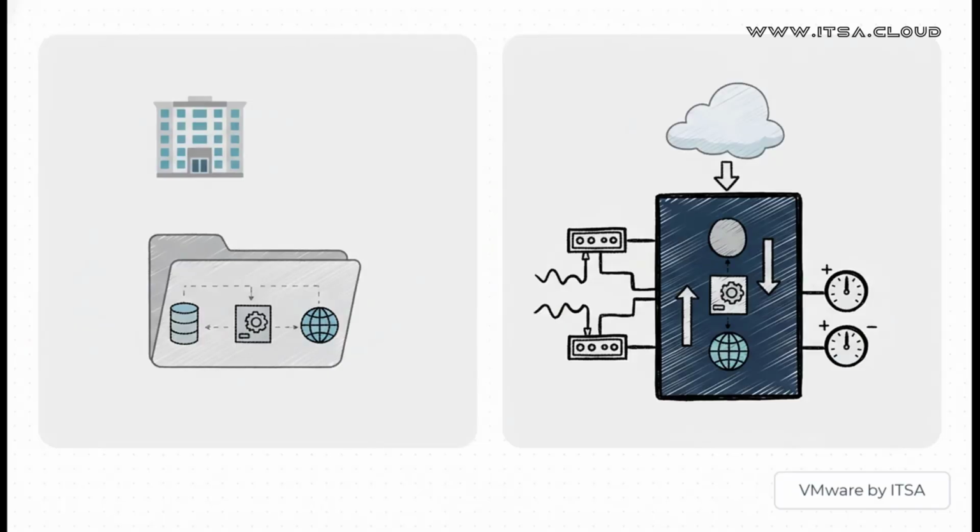Now, it is important to note that the term VApp can mean slightly different things depending on where you run into it. The core concept is the same, but the implementation has a few key differences. So on one side, you have the vSphere VApp. In your typical on-premise data center, this is basically that organizational smart folder we've been talking about. But on the other side, in a cloud environment that uses vCloud Director, the VApp kind of gets a promotion. It becomes a fundamental, self-contained service that bundles not just the VMs, but also all the networking rules and IP configurations, making it a truly portable all-in-one package.